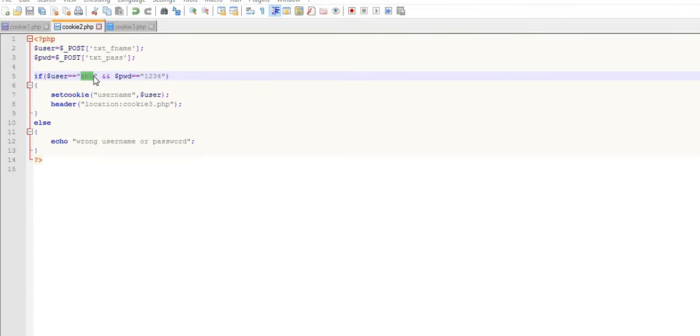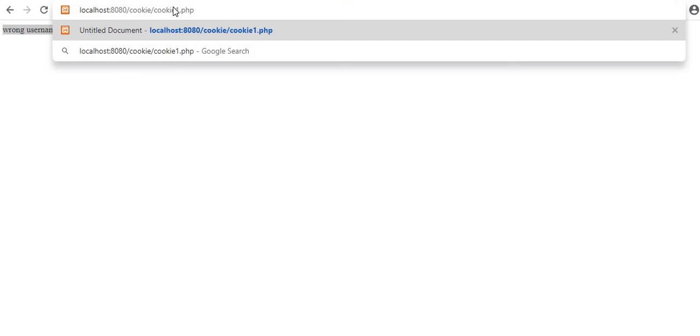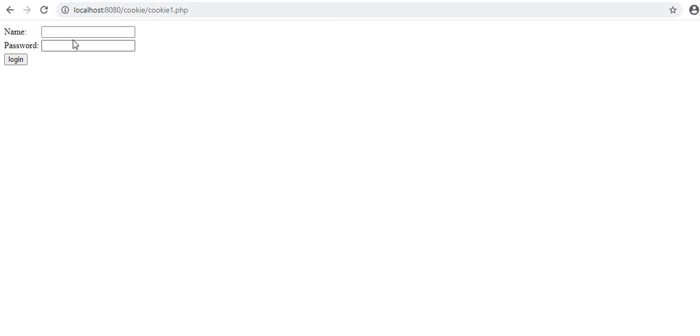Now if I change here, username is Bhumi and password is 123, save this file, execute cookie1.php. I entered Bhumi and password 123, then it gives the message welcome Bhumi.